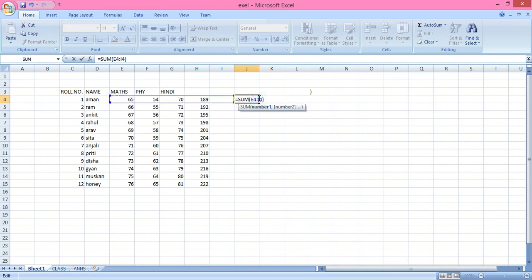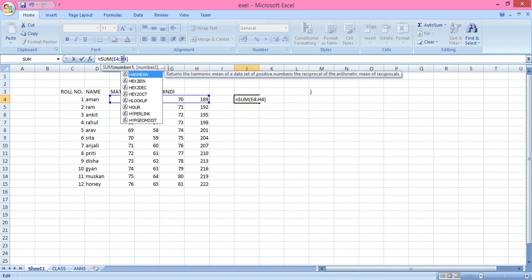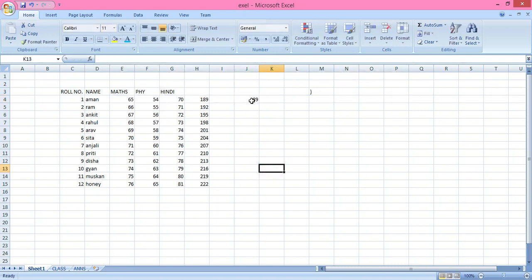So just click here, and here you can also edit the range. So it is selected up to G4.